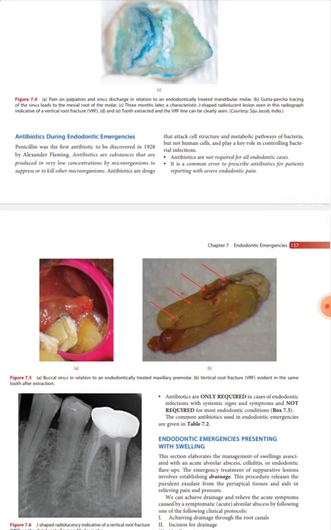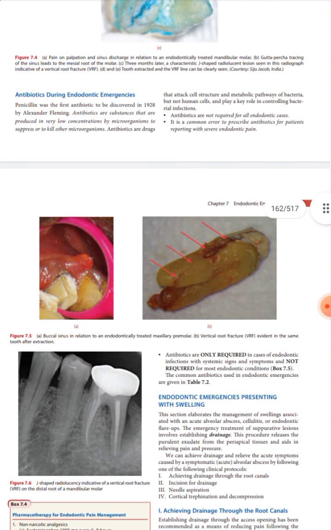Penicillin was the first antibiotic to be discovered, in 1928 by Alexander Fleming. Antibiotics are substances that are produced in very low concentration by microorganisms to suppress or kill other microorganisms. Antibiotics are